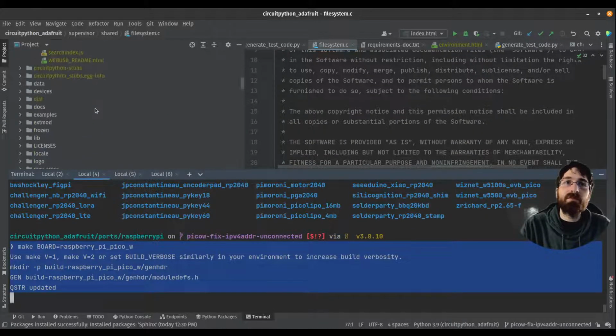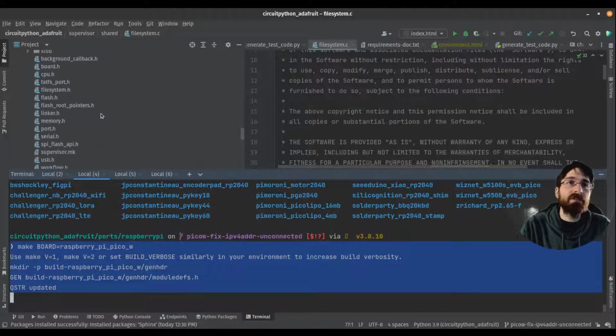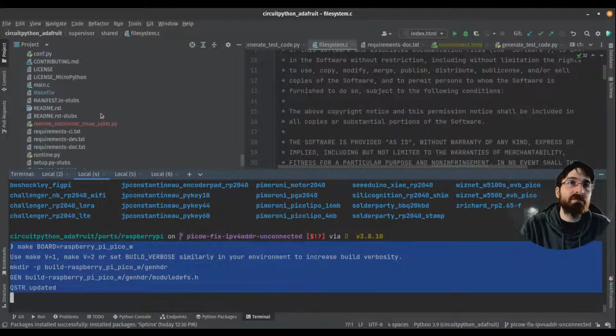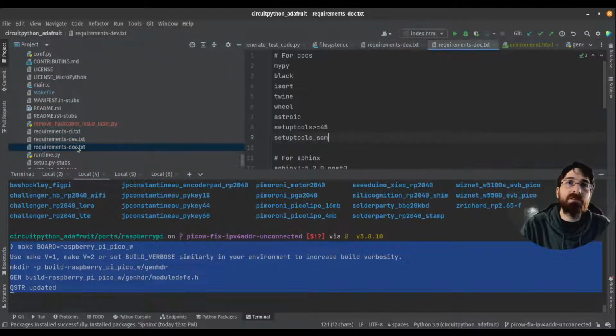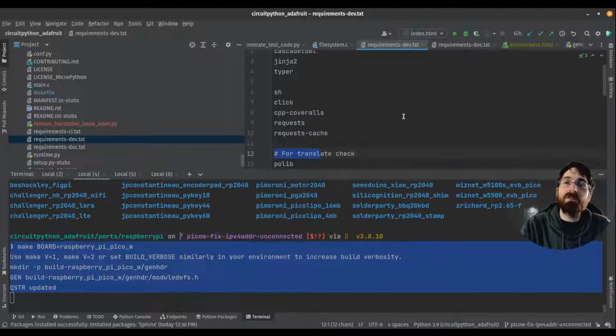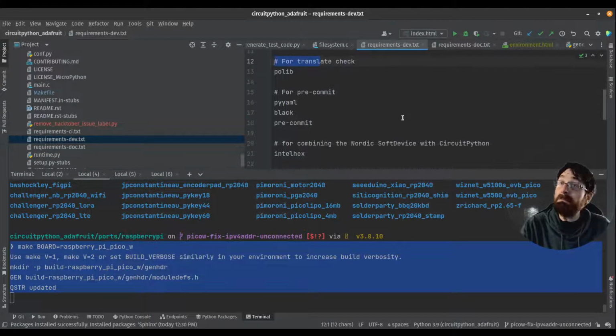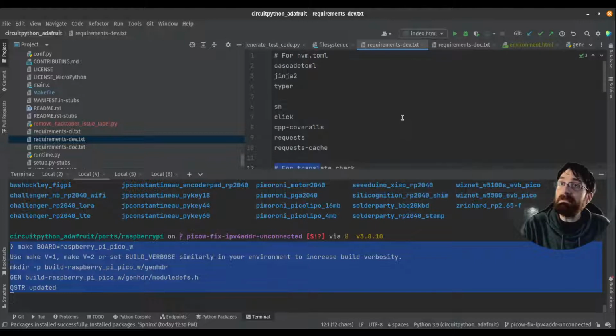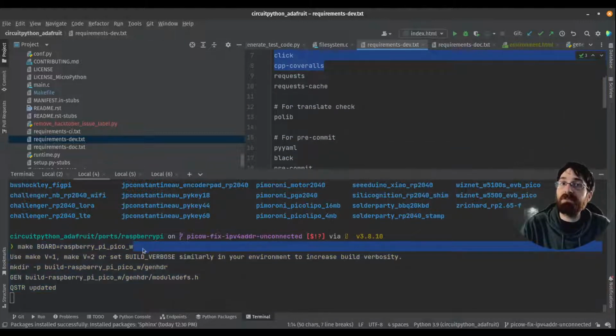I think there's separate requirements for dev versus docs, and I definitely only installed docs. My guess is some of this is going to fail. We also forgot to do J4. Make this faster. We get to wait on the build. Well, unfortunately, we probably get to wait on it to fail.